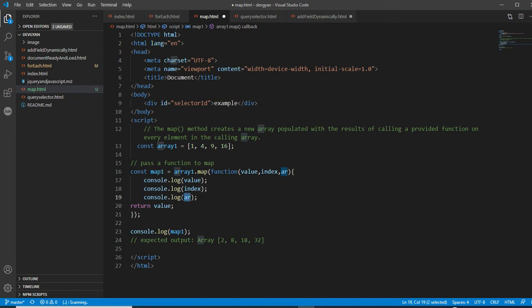Now for identification I am providing labels like this, so that you can differentiate the values you are getting.